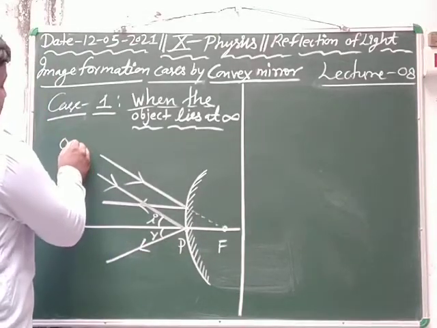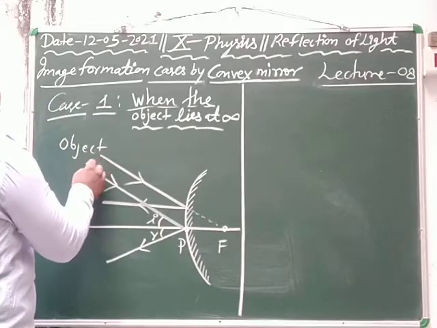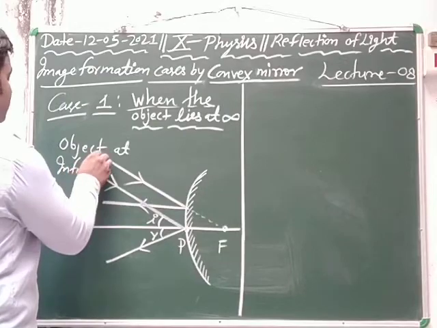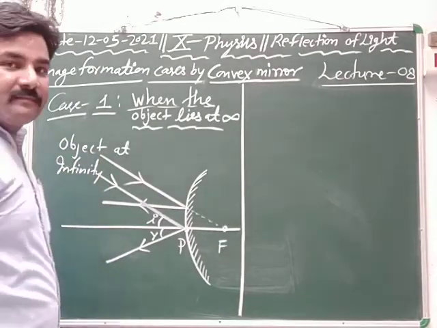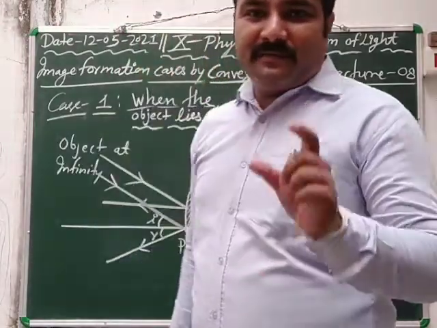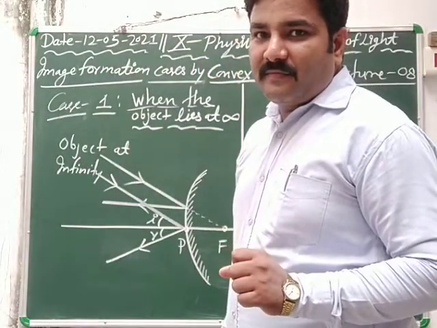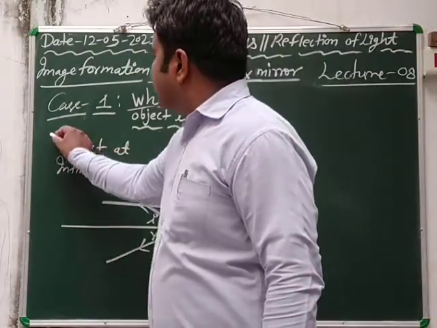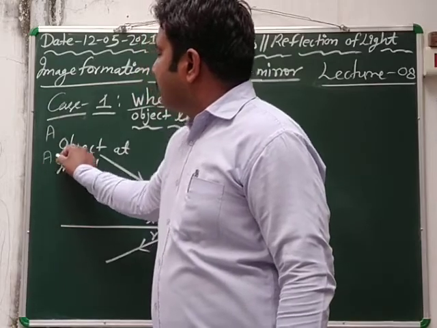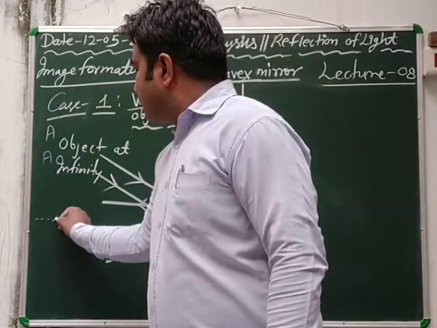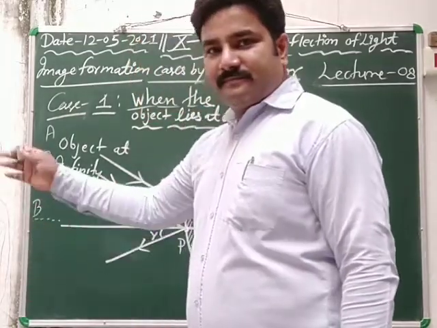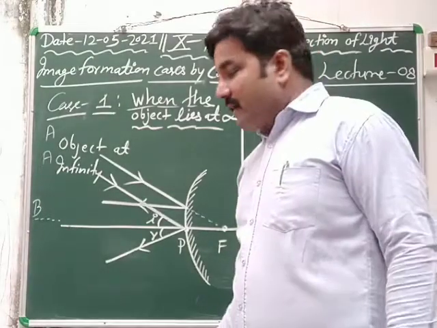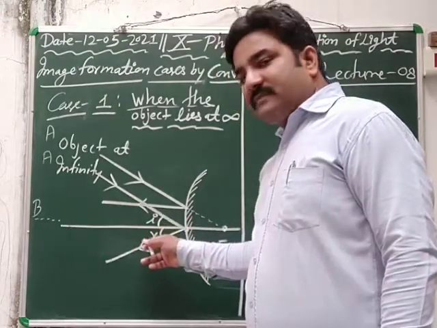Here, object at infinity. Object at infinity, very simple concept. Object at infinity means what? The two rays from the top point of the object are taken in a parallel sense. Here A is the top point of the object and B lies a very far away distance, just on the principal axis, and after reflection these two rays, following the laws of